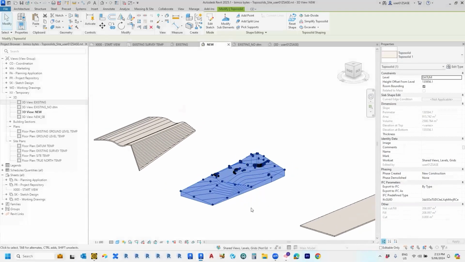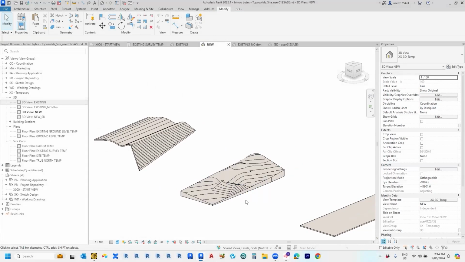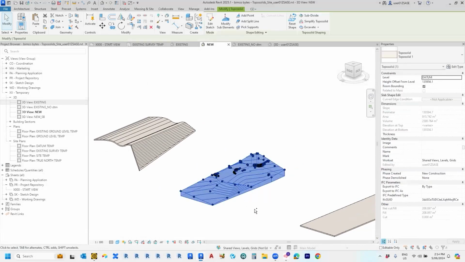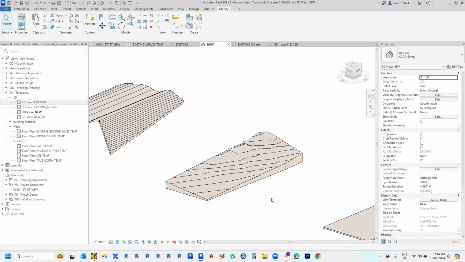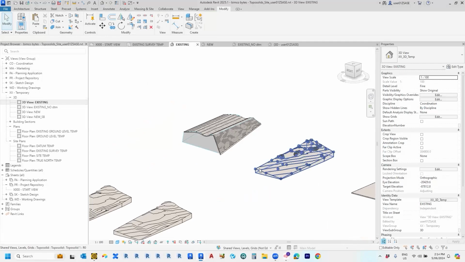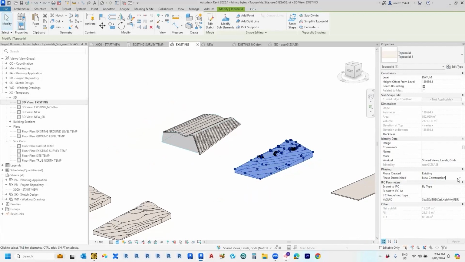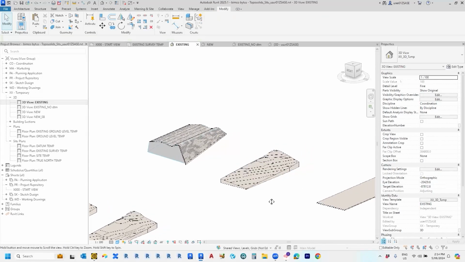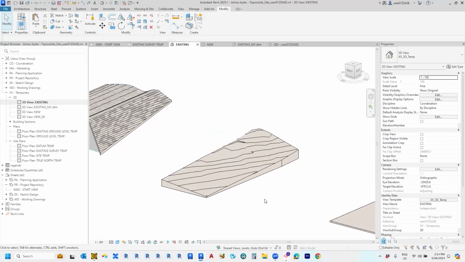Now, there's another way to do this, which is a little bit more elegant, and that's called the graded region tool. And that effectively does the process that I've just done there. So we're going to have a quick look at that. So when you create a topography, it won't be set to demolish in new construction. It will just be not set to demolish. Now, in order to